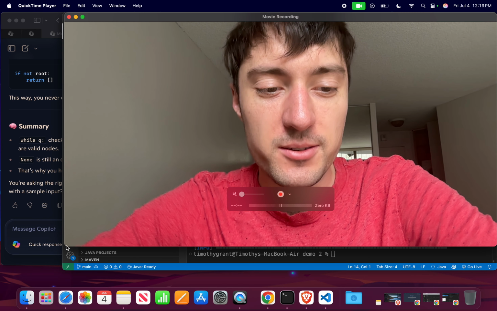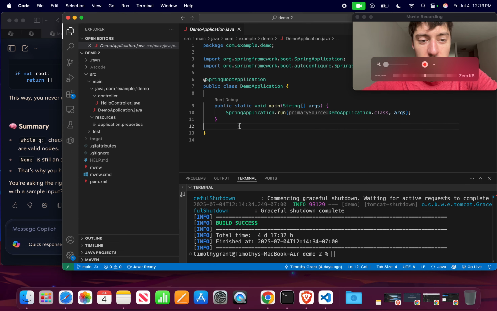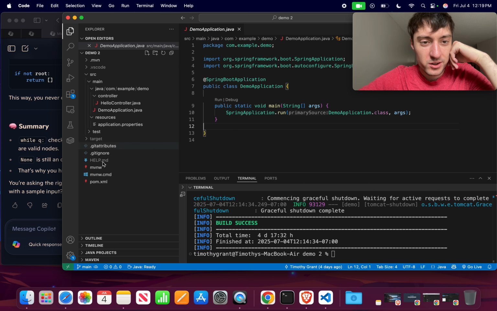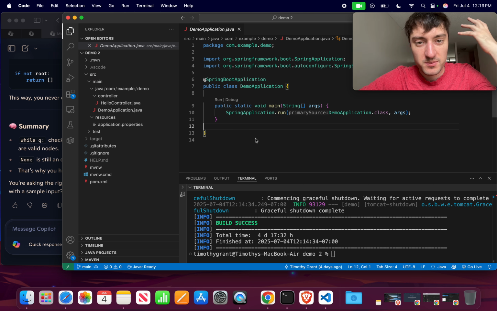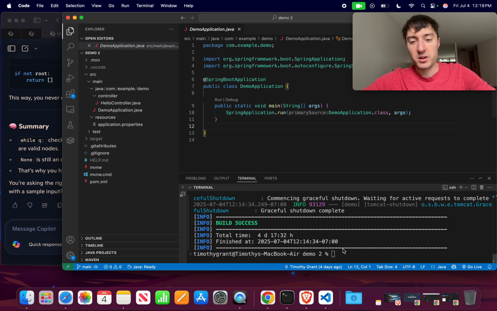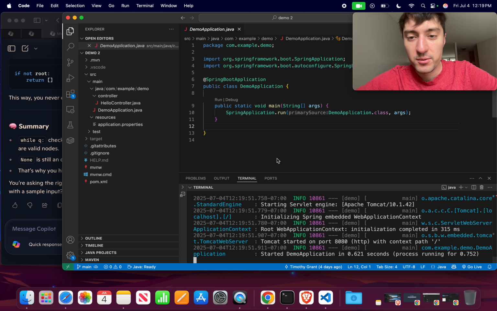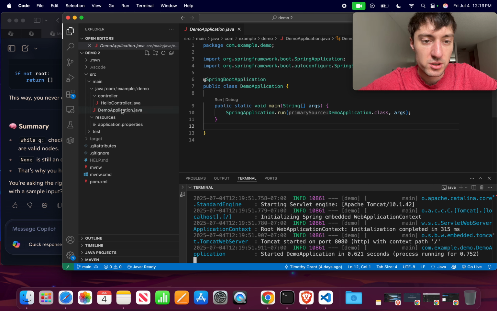Today we are continuing the project here, which is trying to understand how Java and Spring Boot is working. So I will be going over these. I got this to kind of work, right? I was able to do the Maven Spring Boot run. It will do its thing, okay? And then I will be able to go to